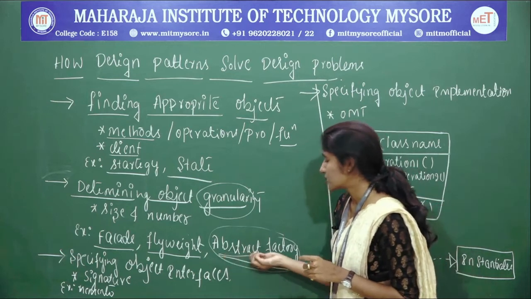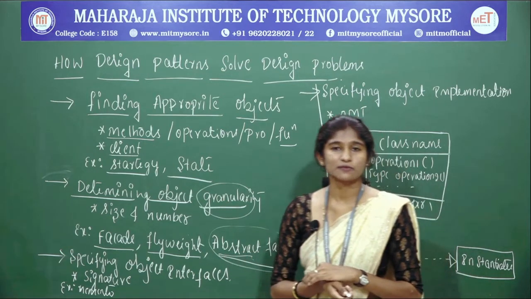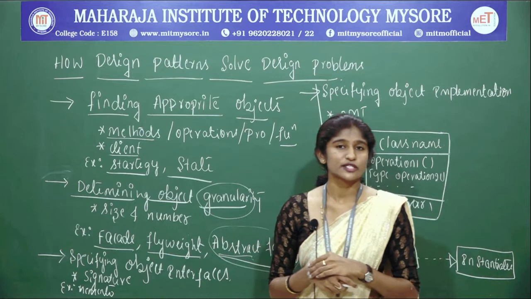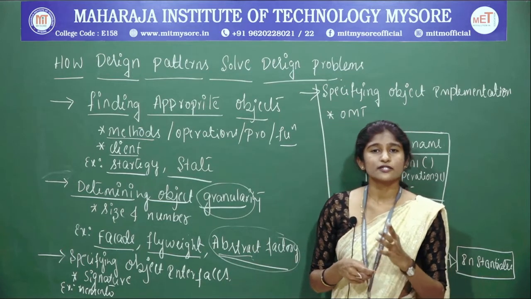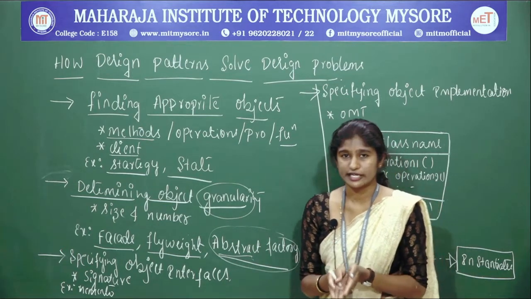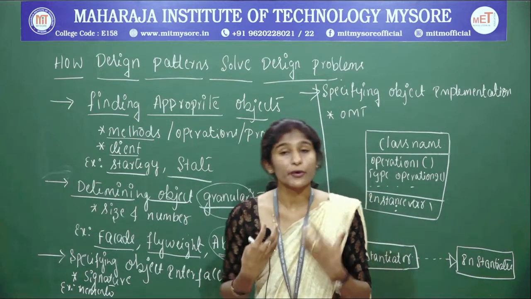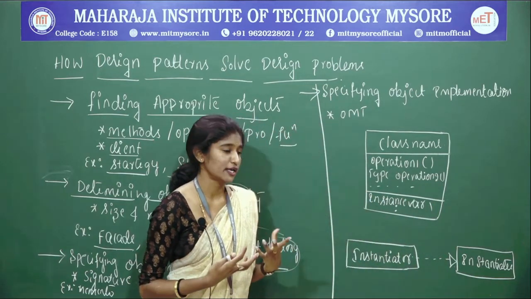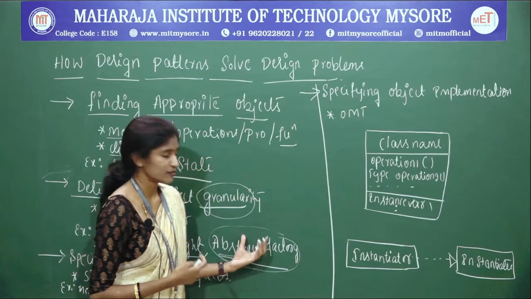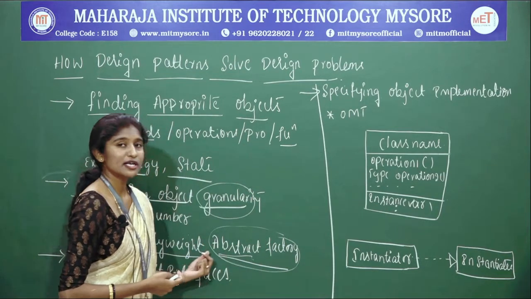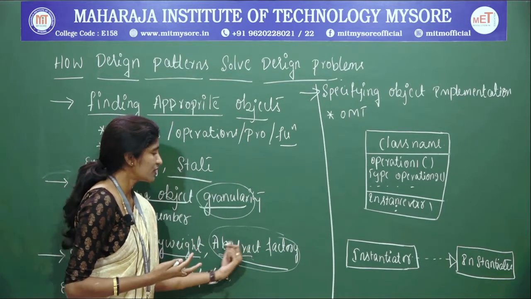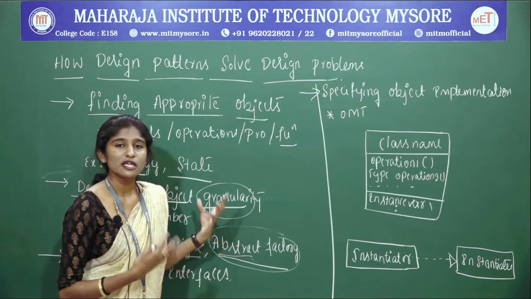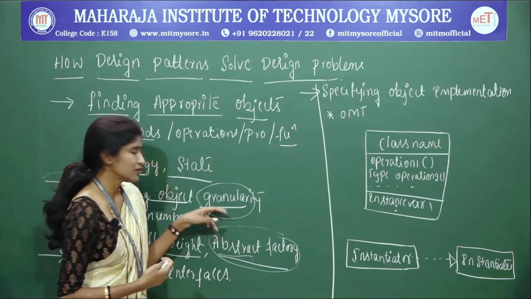The word abstract itself tells you. You will be knowing about abstract classes and abstract functions or methods. Abstract means it is not going to give you the implementation details. It is going to give you the prototypes. Okay, the definition it is going to tell you, and using that you need to achieve the result. That is what it is going to tell. So it is going to give you the prototype, and based on that you need to find out the size and the number of the objects. So that is what it is going to focus on.